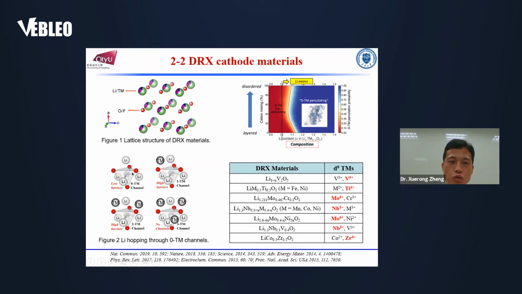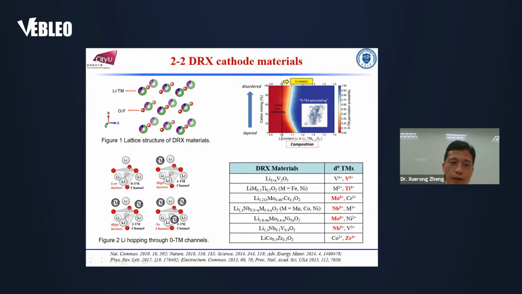But if there are no trace metals facing the three faces of the tetrahedral, then we name it a trace metal channel. This is easy for the lithium to transfer from here to there. But if there is one trace metal or even two trace metals around the tetrahedral, then the lithium transfer would face a higher barrier for the transportation. But if there are three trace metals on the three faces of the tetrahedral, then there is no channel for the lithium transfer.